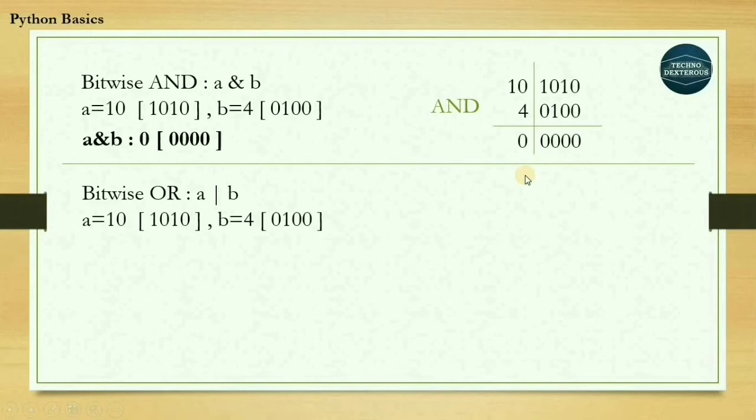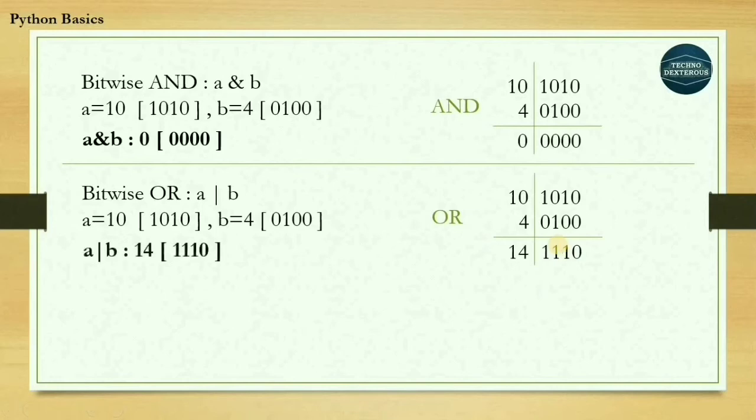Bitwise OR. In bitwise OR, the output will be 0 if both the inputs are 0. Otherwise, the output will always be 1. We get the combination of 0 in both inputs at the 0th position. At this position, we get output 0, and in the rest of the cases, it will be 1. We get the output 1110. The decimal representation of this is 14. That's why the result will be 14. After executing this expression in our Python console, we get 14 as a result.